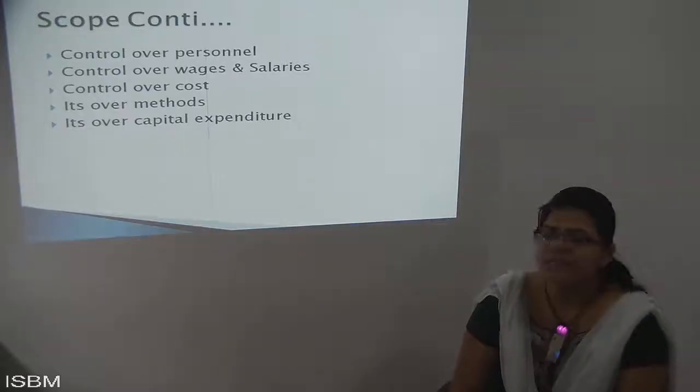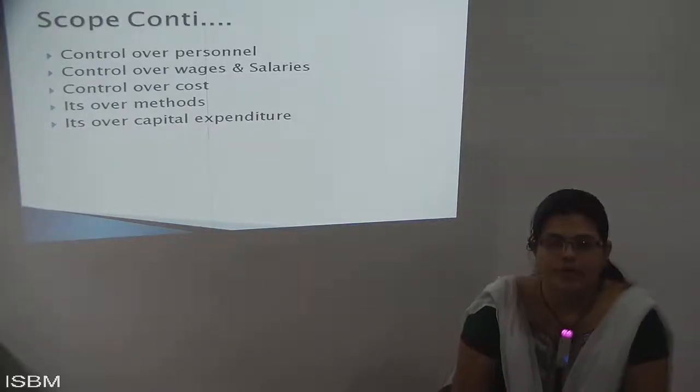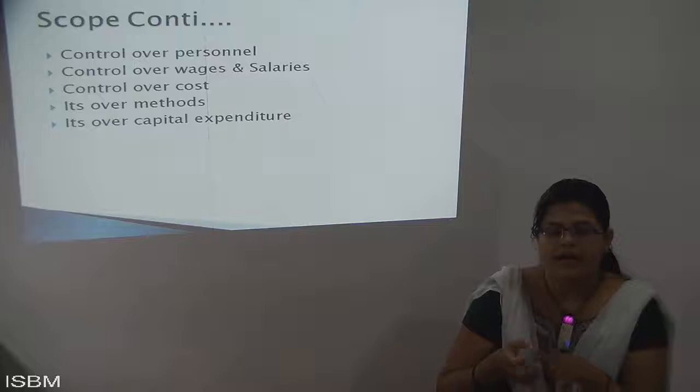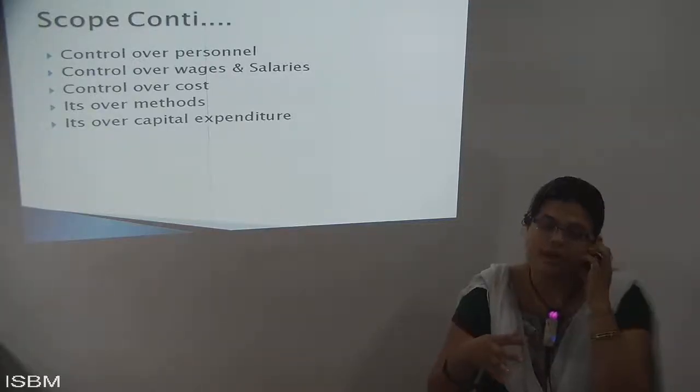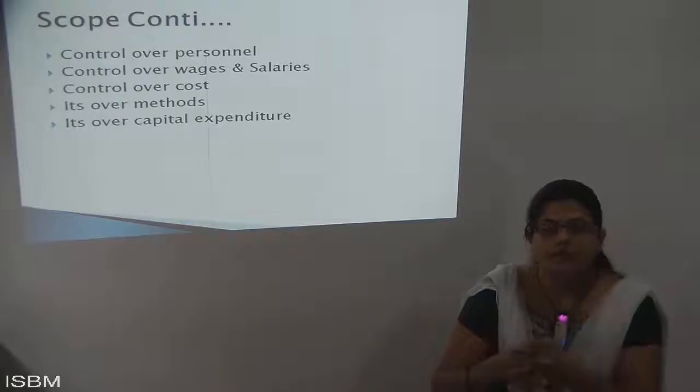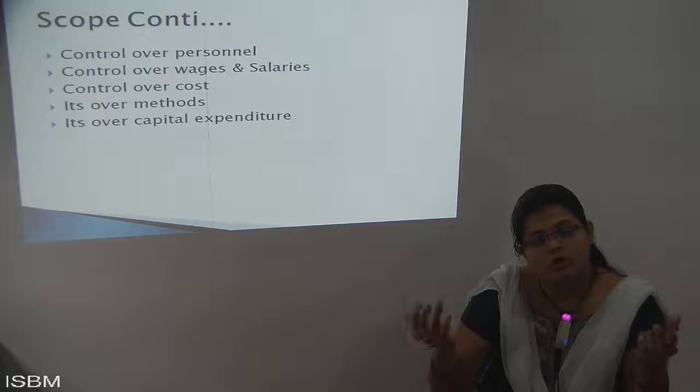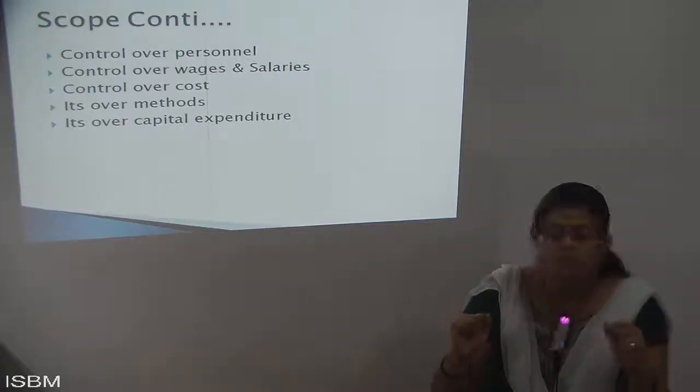Next is control over the capital expenditures. This is most important. It should also be related with capital expenditures, any kind of work or expenditure that has happened with the help of incomes or revenue. It should be controlled accordingly. It should not go beyond it, and it should not go less than it. That is why this is most important with the help of the scope of the plan.